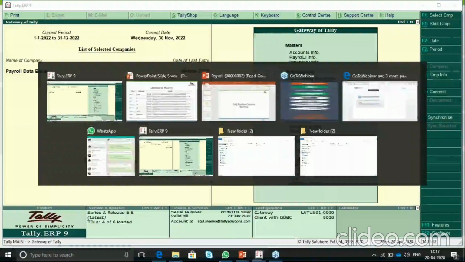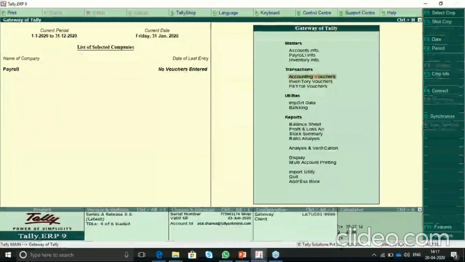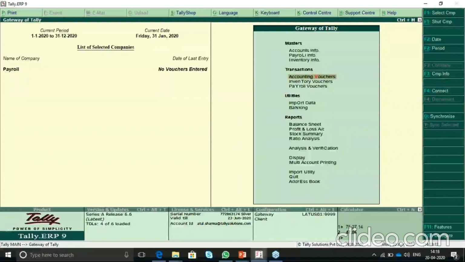Payroll database. Yes, so this is our payroll company. You can take the example of any company in which you have multiple departments, like the accounts department, HR department, and sales department. First of all, you have to create the department and understand how many employees there are in each particular department, and you can define it department-wise. I'll show you how to enable payroll in Tally.